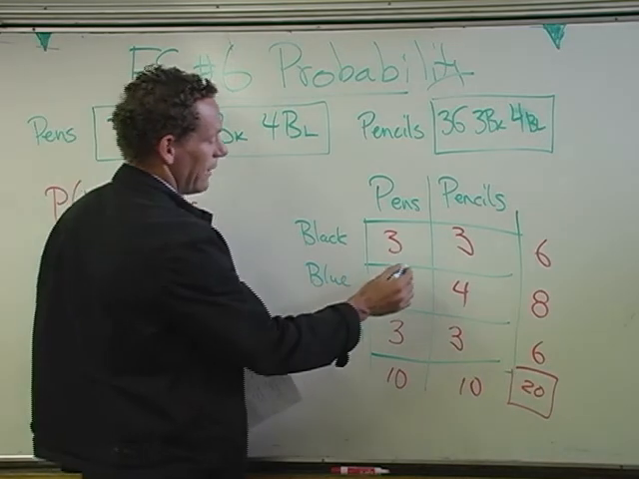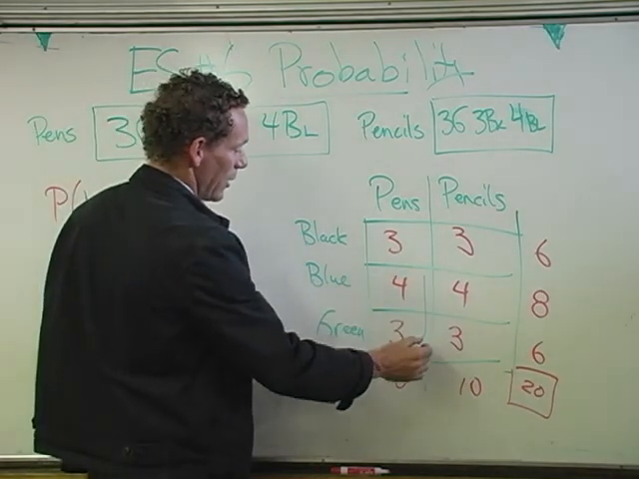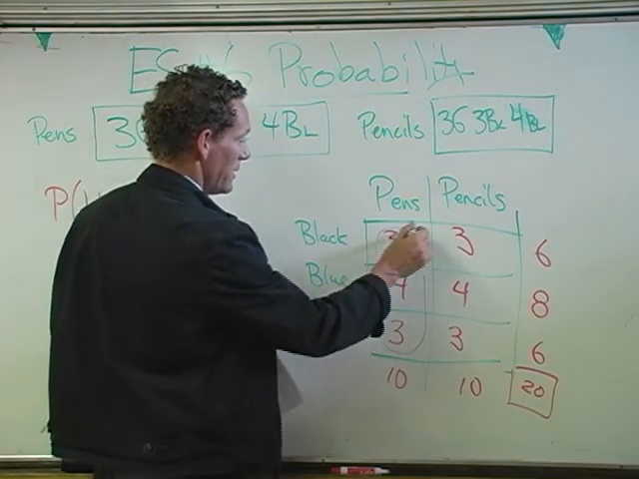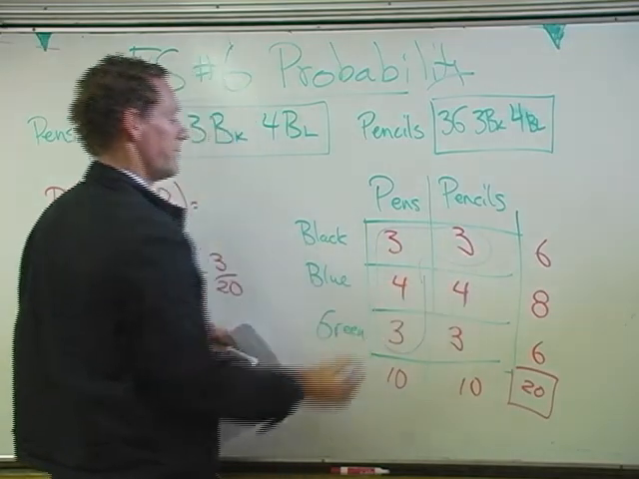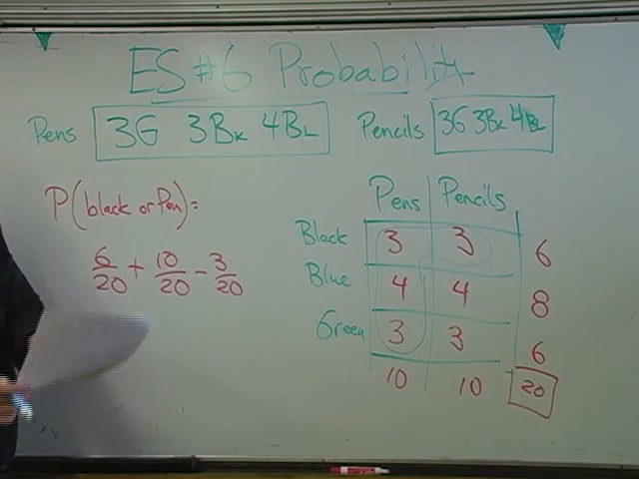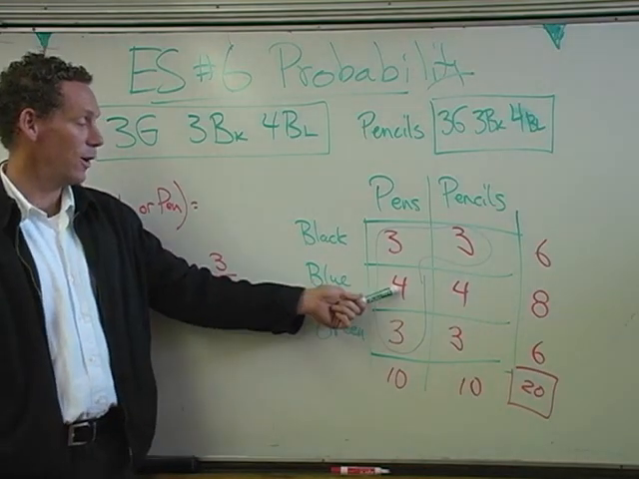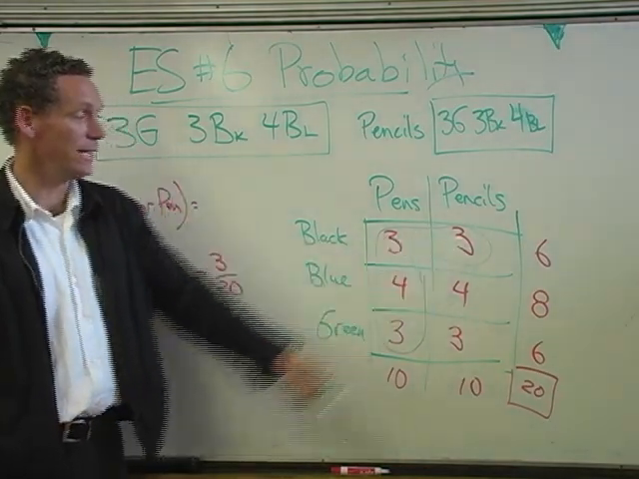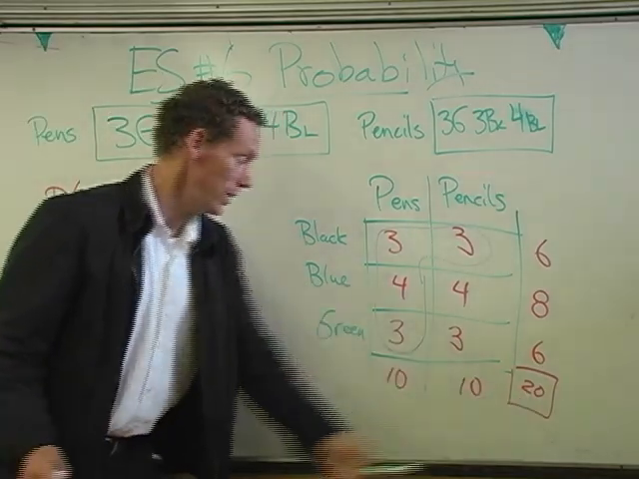If I were to circle everything that is either black or a pen, it would be this stuff. Okay, so that is the stuff that satisfies this condition of being either black or a pen, and it's 7, 10, 13 out of 20, which is